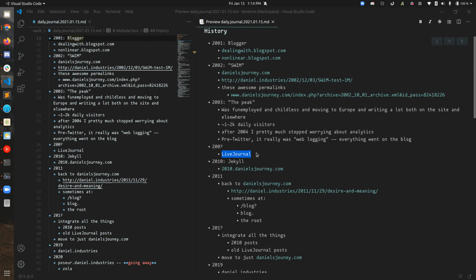I first went over there, and I'll show you some of the posts I imported from LiveJournal eventually. But I thought it was just for the kids, you know? And when I finally gave in, I was like, all right, fine, I'm gonna make a funny joke LiveJournal. And then over the course of a couple years,